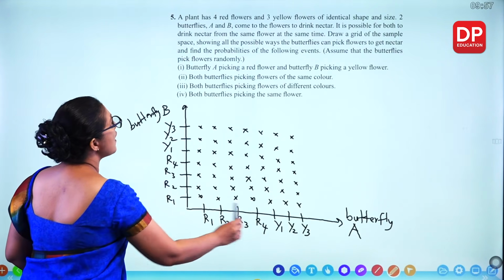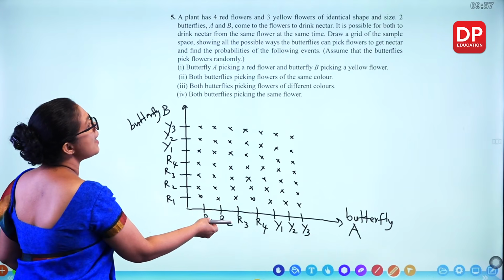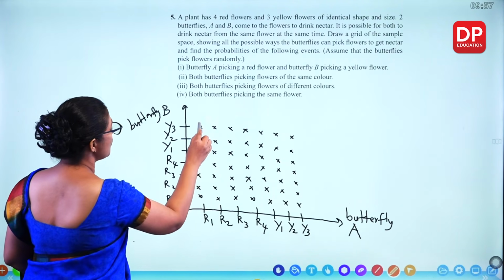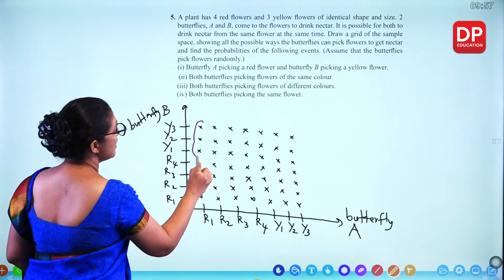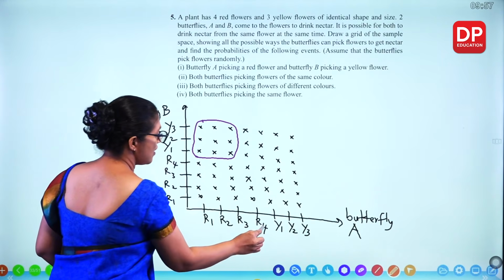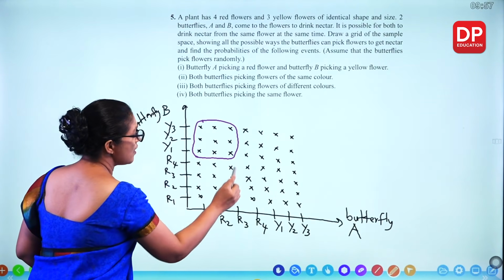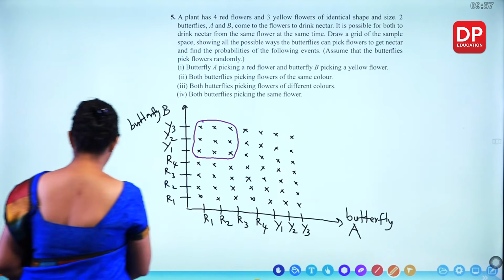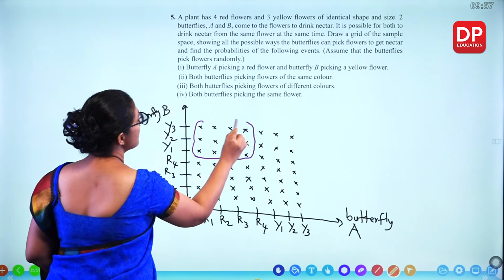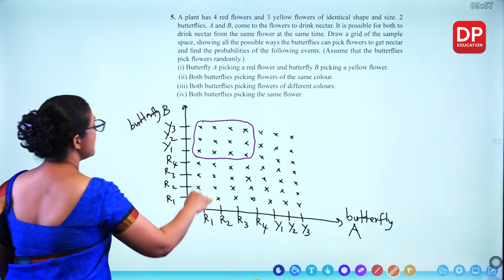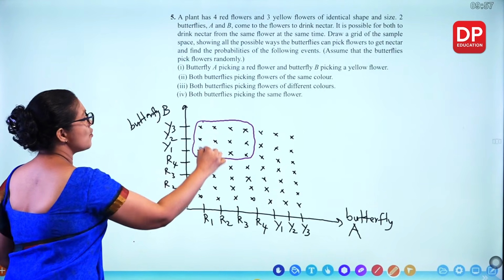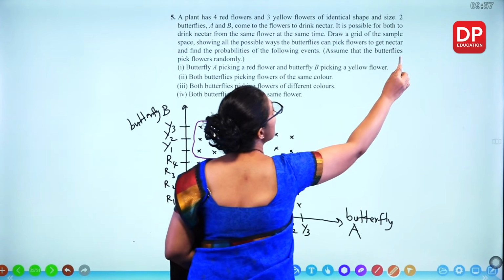When you take butterfly A picking red and butterfly B picking yellow, you get this whole set. R1, R2 with yellow color. So altogether 4 times 3, 12 outcomes are there